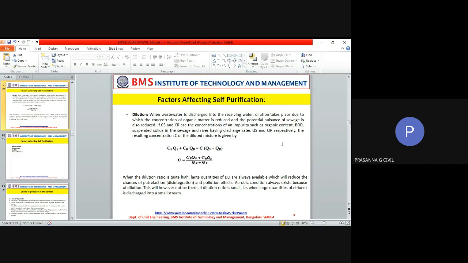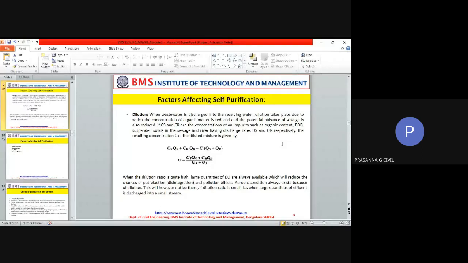So we looked at the various methods that are available to us for disposal of effluents. We have only two methods. One is natural waters and the other is land. In natural waters, we can do it either without treatment or after treatment, though generally it is better to do it after treatment. Now, when we come to the methods of disposal on land, if we are doing it without treatment, we will have a lot of problems. We will be talking about this a little later.